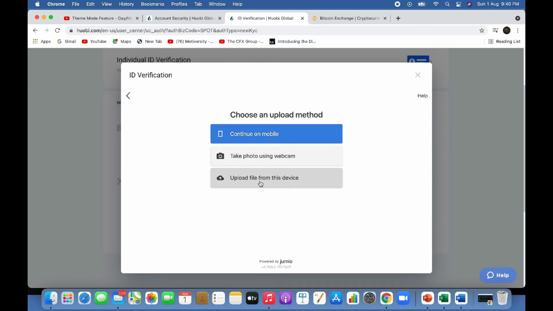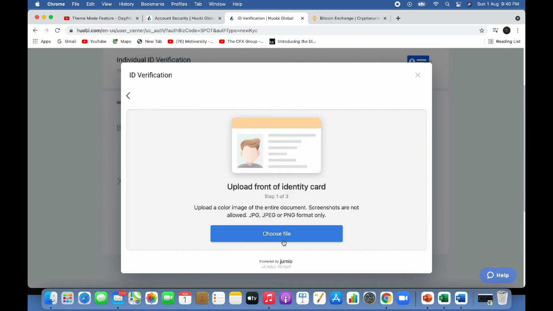So I would advise you, probably you already prepare, right? Take a picture and prepare this ID, and upload this ID into your laptop, and keep it in a folder so that you can later on straight away click over here, upload. So you can then choose the file and straight away upload.